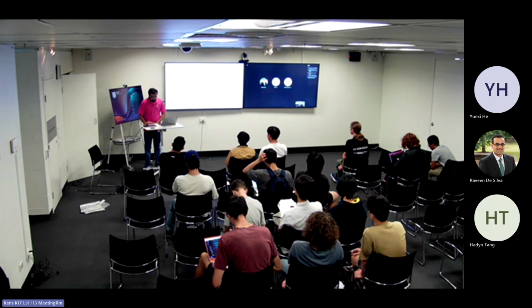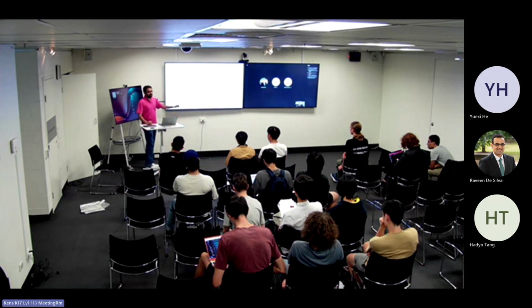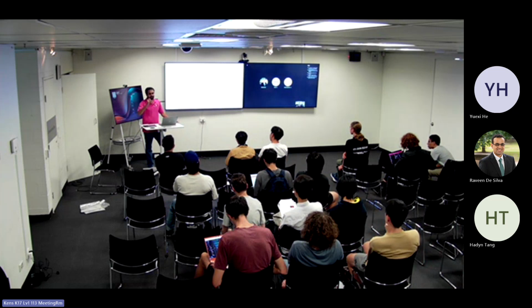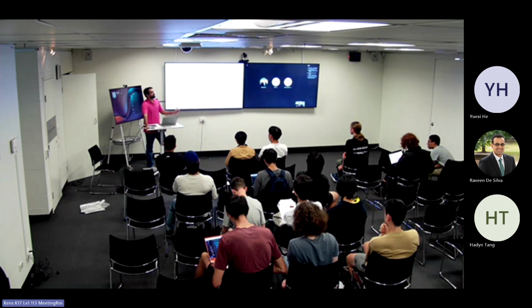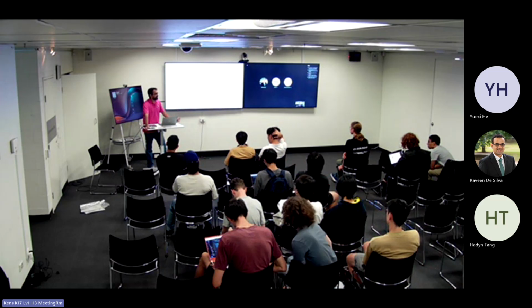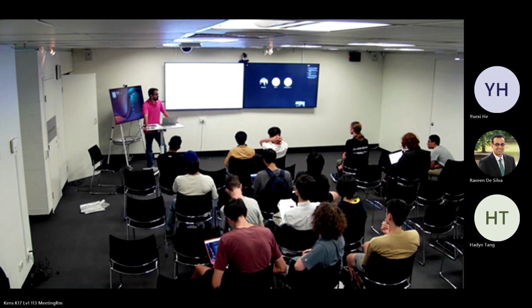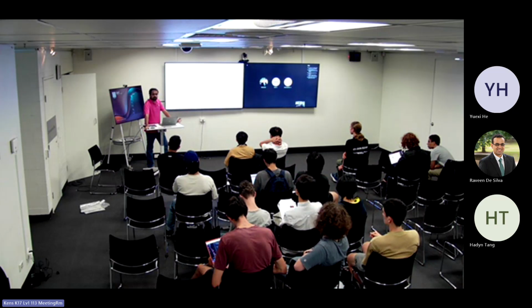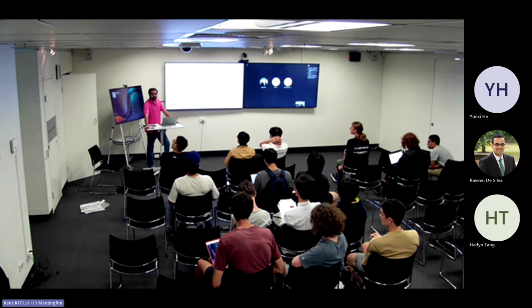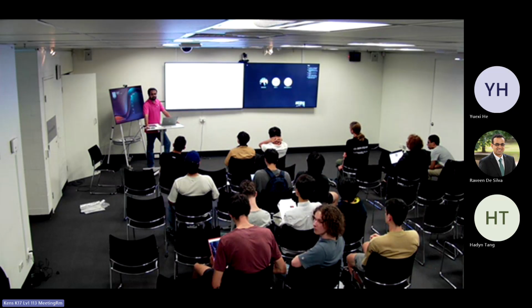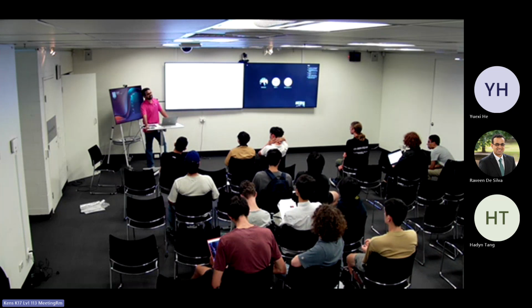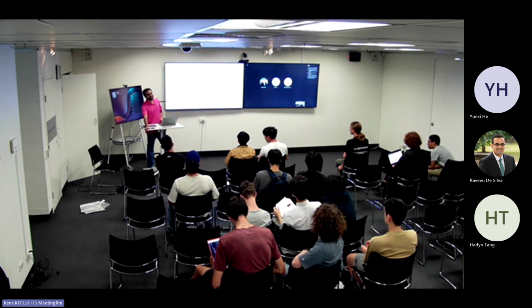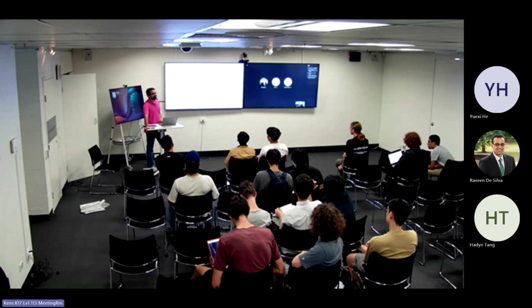The rules of the guessing game were that if you guess lower than M, then you have to pay a bribe B in order to continue guessing. If you guess equal to or higher than M, then you pay however much you bid, but then the game ends. No, the game doesn't end. You have to guess the exact amount. You have to pay the amount you just guessed, and the game keeps going. And when you guess the exact amount, you pay that, and the game ends. Okay, so you have to keep going until you know the amount itself. Thank you. Sorry, I should have read this more closely.